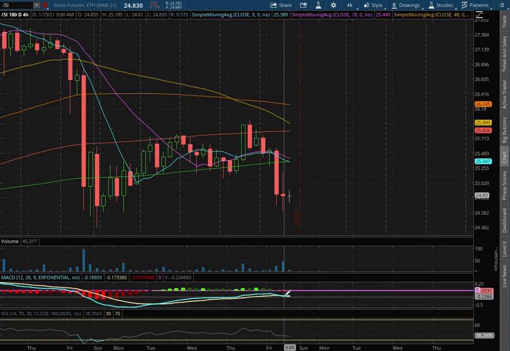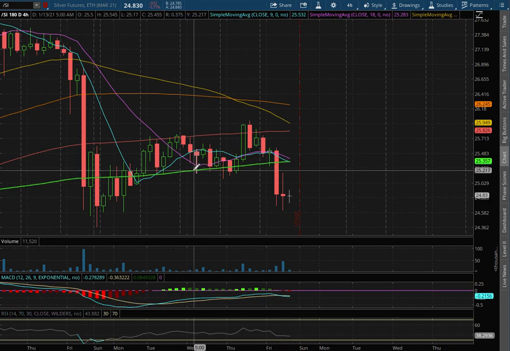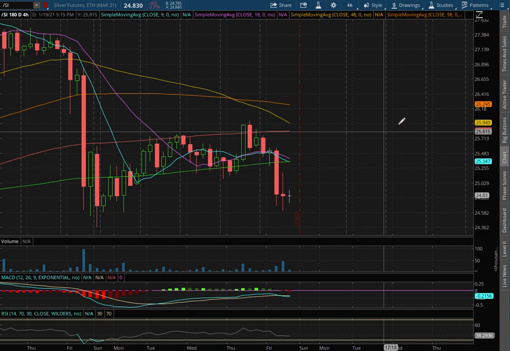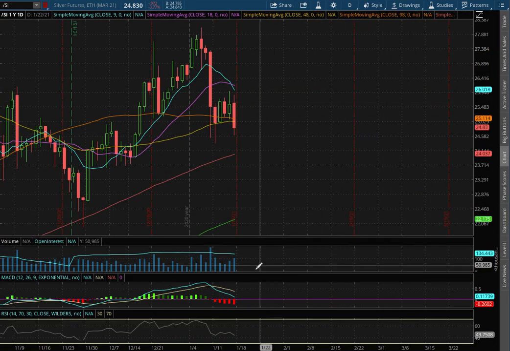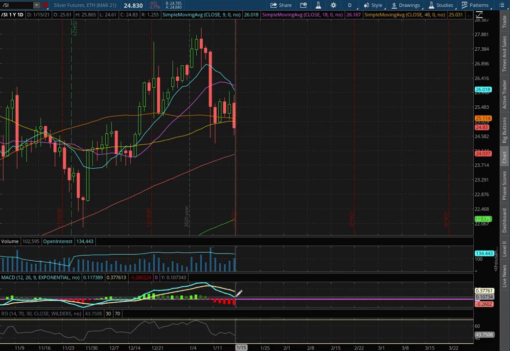We did see it diverge once more and we have broken below the 200 moving average, this green line, which will act as our temporary resistance in the meantime, now at the price of $25.36. As we extend that to the daily chart, we still remain in slightly positive MACD, approaching negative MACD